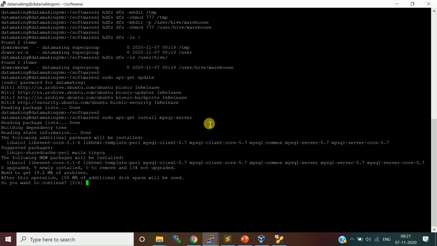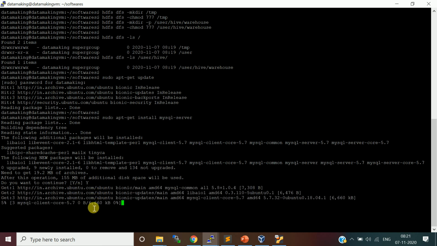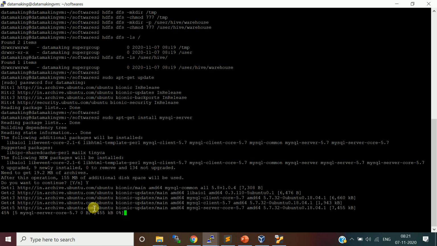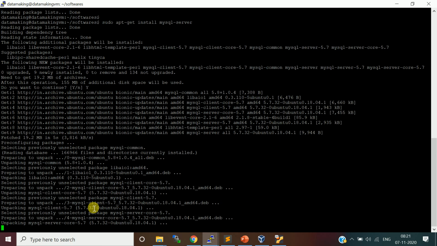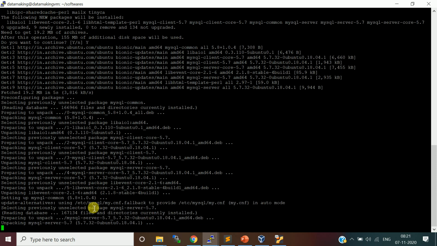It is going to install the MySQL server database, not SQL Server, the MySQL server database on my machine, and it is going to install the MySQL client also, to log in and do querying on top of the MySQL database. It says, do you want to continue? It is going to consume some 155 MB of disk space. So it will take a couple of seconds to complete.